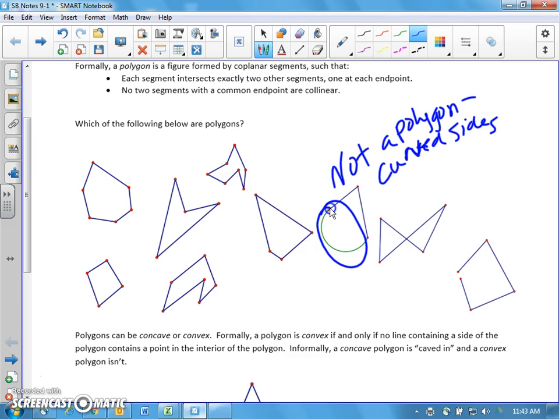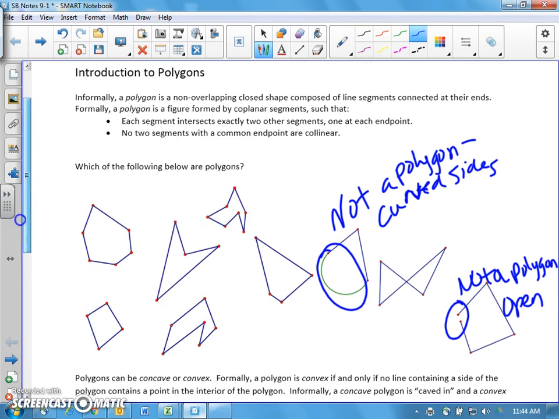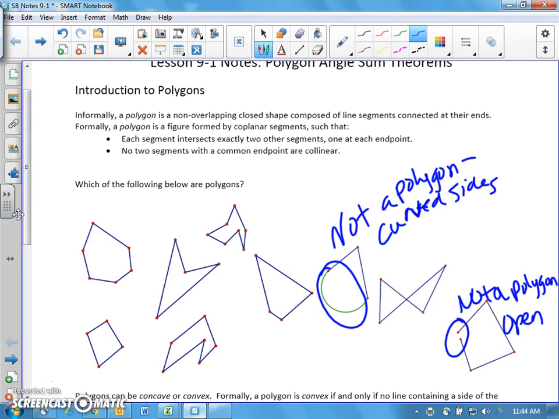Okay? The next piece that we're going to look for is it has to be a closed figure. So do you see any that would be open? Right here, this is not going to be a polygon because it's open. The last piece, if you look at your definition up here, it says that